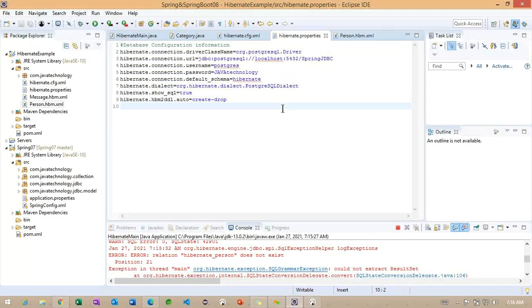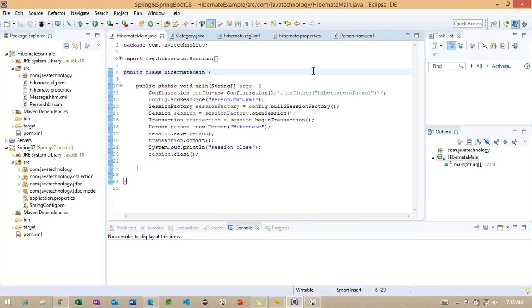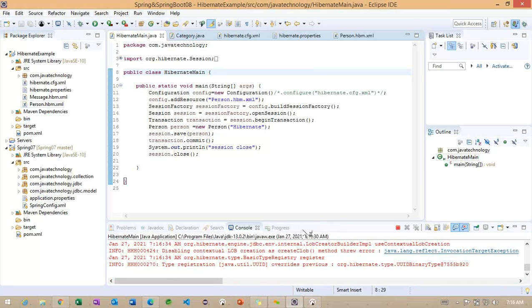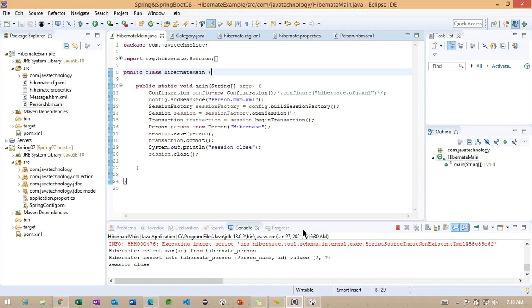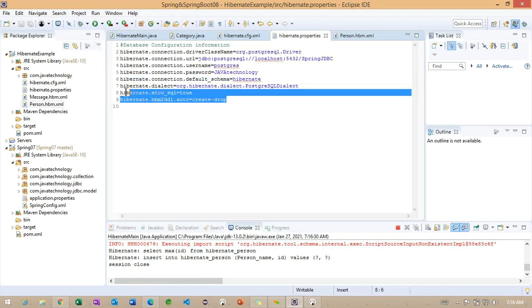So we need to specify the proper keys here. Let me check. Okay, observe here. Basically, the default schema is expecting a connection, but this particular hibernate.hbm2ddl.auto is not expecting the connection, because it is a property of Hibernate.